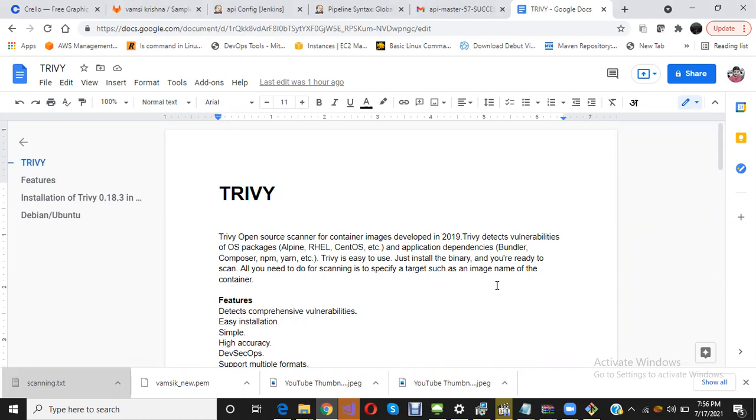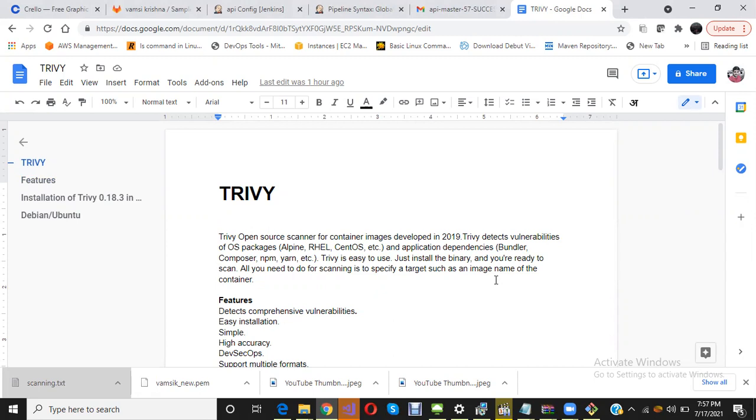If you have any configuration issues, like in a deployment YAML file, we can scan that. And Trivy can scan your infrastructure as code like Terraform, you can scan a Dockerfile, and you can scan your actual OS packages and application dependencies. For example, Node.js has an npm application, we can scan that also.